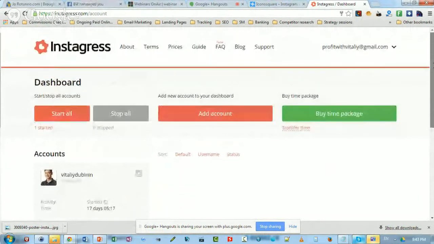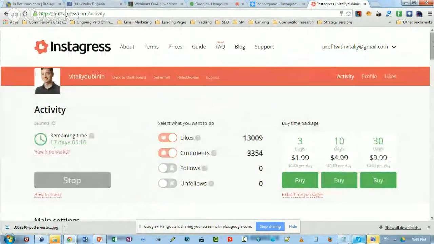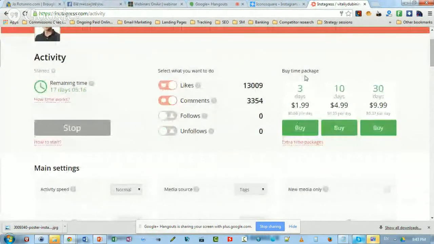Instagrass is a software, a very cheap one, that, as you see, in the last days went out and liked more than 13,000 posts of other people on Instagram, and left 3,354 comments automatically while I was doing something else.